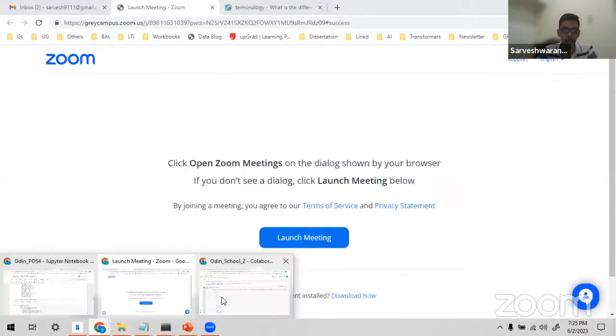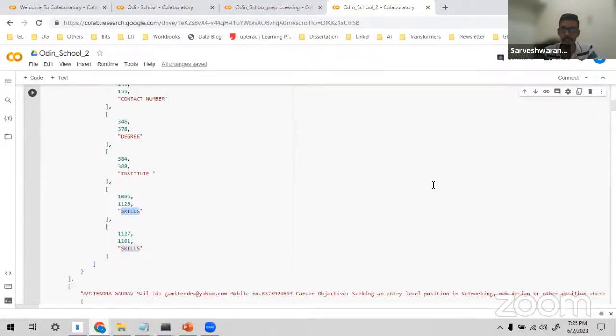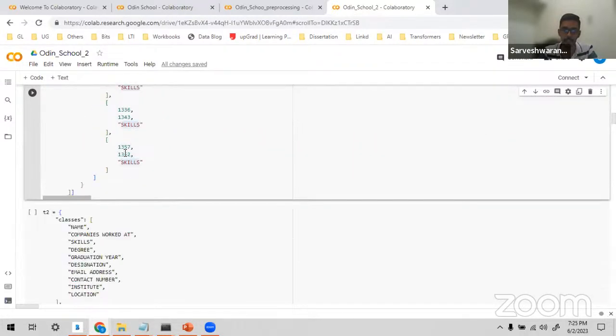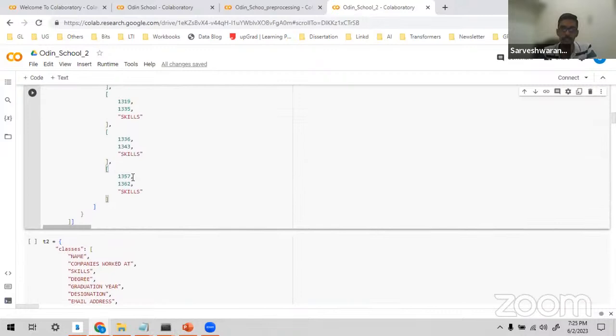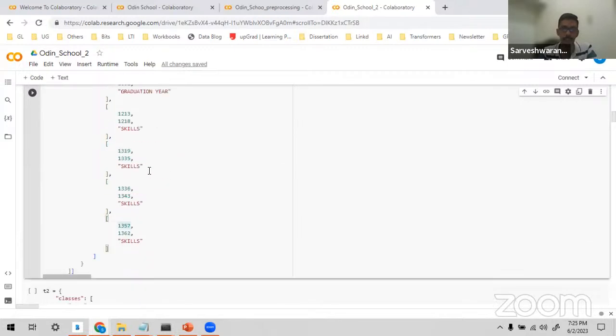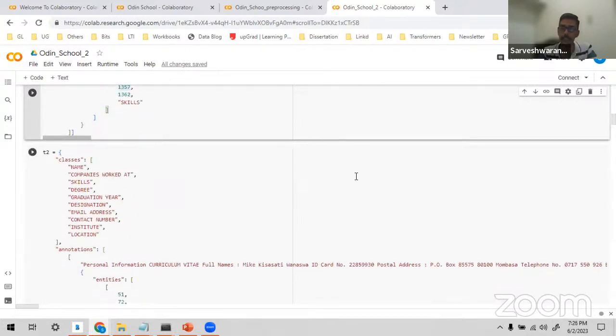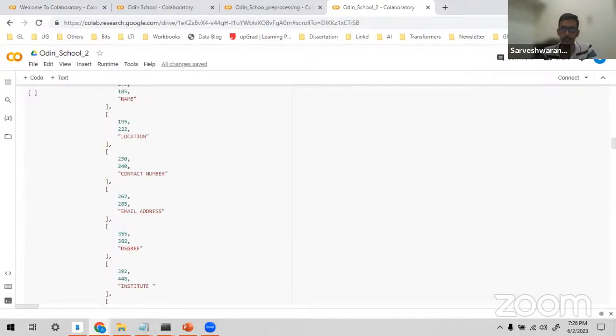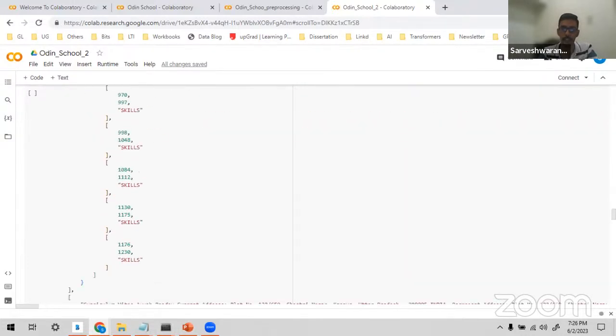And let me go through the resume shortlisting we have done. We have taken all the different entities and given the starting and ending characters. There are various tools available, and we have given the positions for each and every resume, such as the skills and the graduation year. Collecting the training data is one of the most time consuming and complex things here. So once we have collected the data,